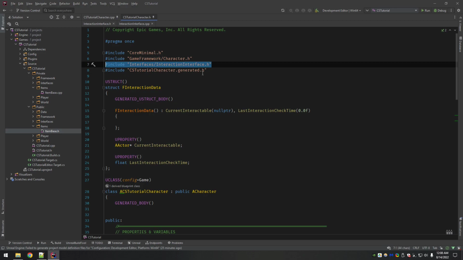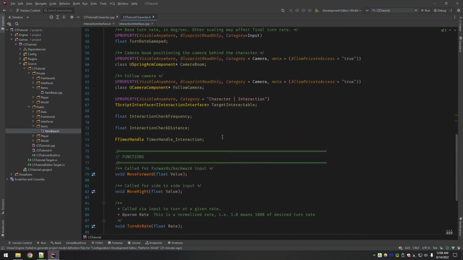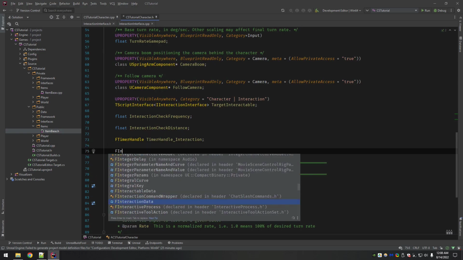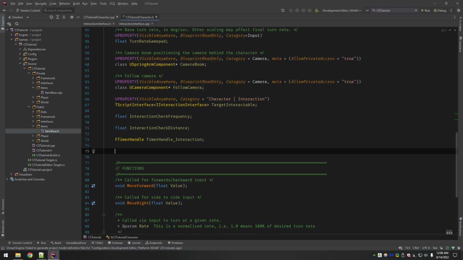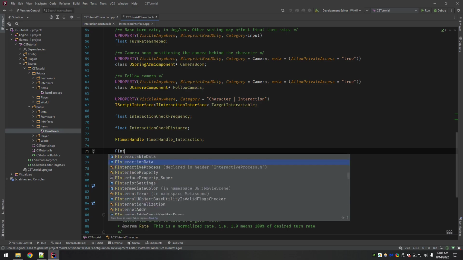But basically, we need to include the interaction interface header here because we're also going to have our interaction data. So the interaction interface is for this definition, but then we need the interaction data struct that we just created.